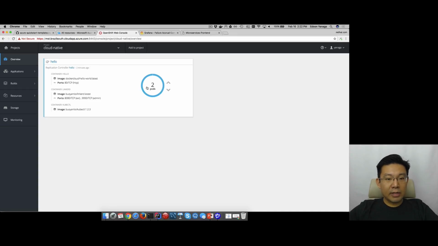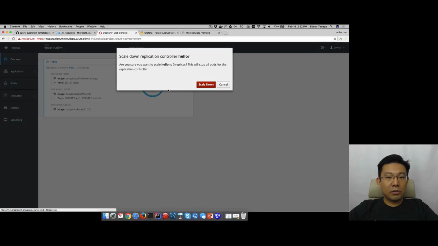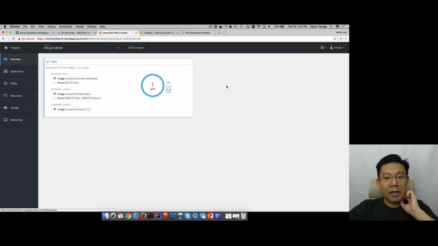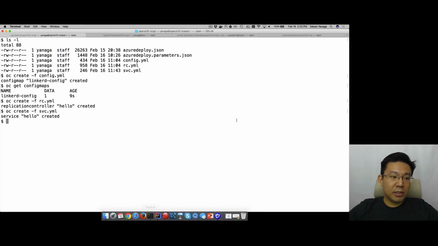You can see it already scaled to 2 pods. If I want to scale down, I can cut it back and Kubernetes will kill one for me. If I scale down to 0 replicas, I'll have 0 instances running, so it gives me a warning. I want to cancel that for now. But I just wanted to show that it's not that complicated to deploy sidecar containers with your application to be run. If you check the YAML files here,